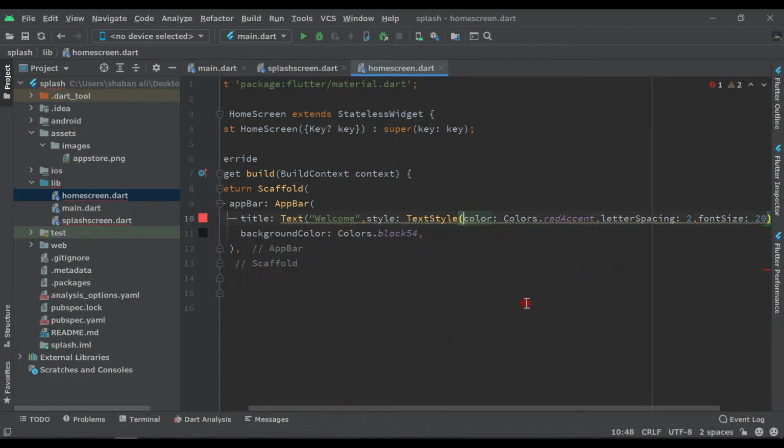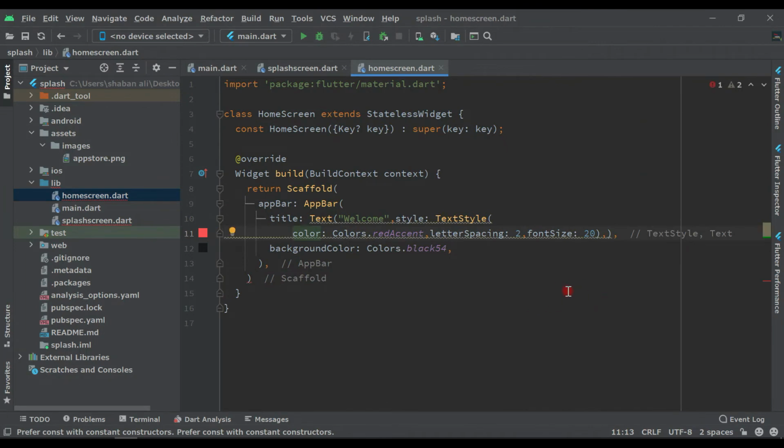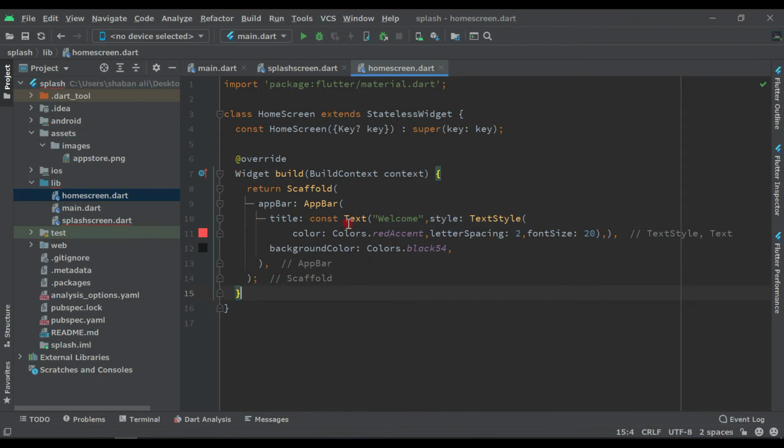Let's break this code like this and put a semicolon. This is the Scaffold, here put a semicolon, click on this Text, add a const, click on this, add a const like this. Now we have designed this.